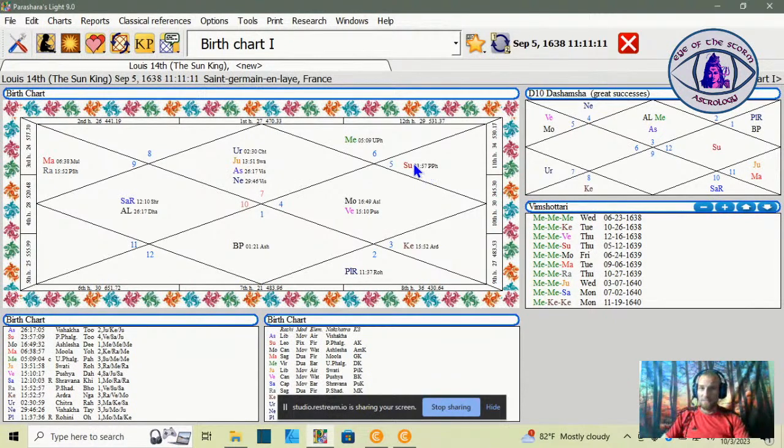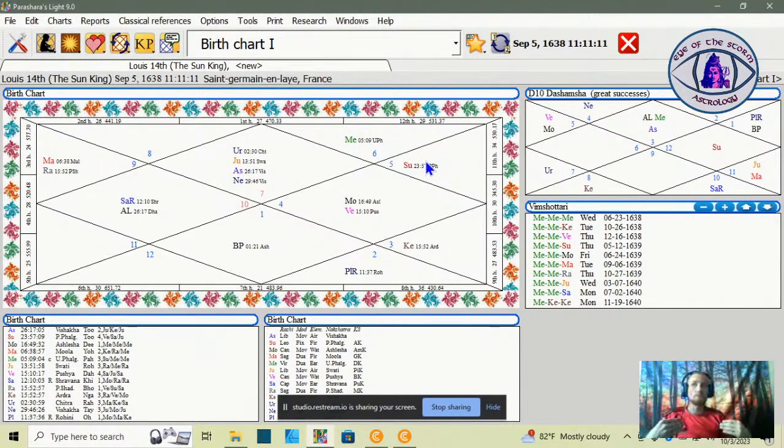Well, what do we see? We see the sun in Leo. You could not get an astrological position that would indicate a nickname or title like the Sun King more than a sun in Leo. And especially being in the 11th or 10th house, that area of the chart, it's really going to show a king who is always in the open.